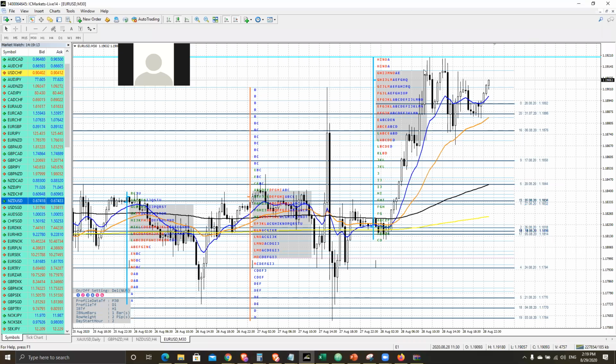So until price tests this area of high, I mean, price can come and test the value area high as well. Because we open in balance, there's no direction going into the new week at all. So we want to test this area or that area. And this is where we need to wait for price to see whether we're going to have a 30-minute rejection somewhere like this. If we have that, then this is the area to start selling. But we need to wait for that test first of all.